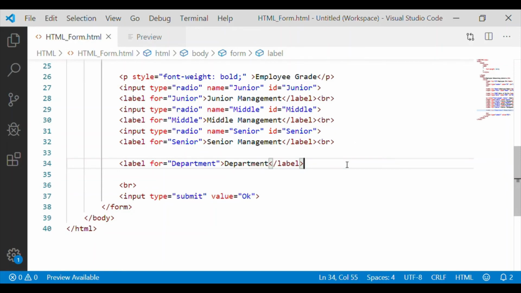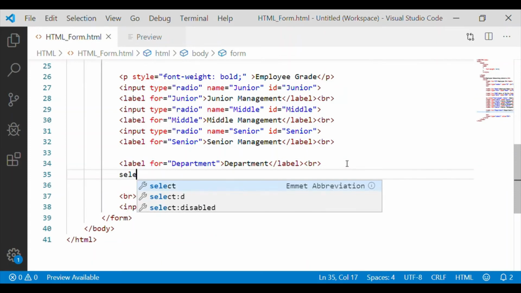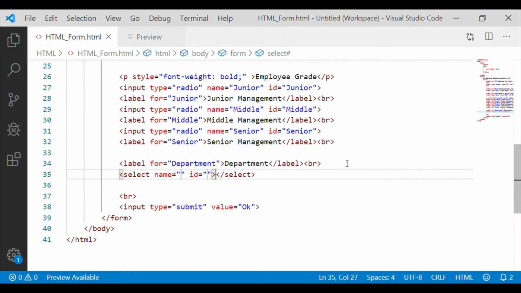For this department, let us use the list option, like the scroll down list, using select option. As the departments are predefined once inside any organization, it is apt to use select option tags here.